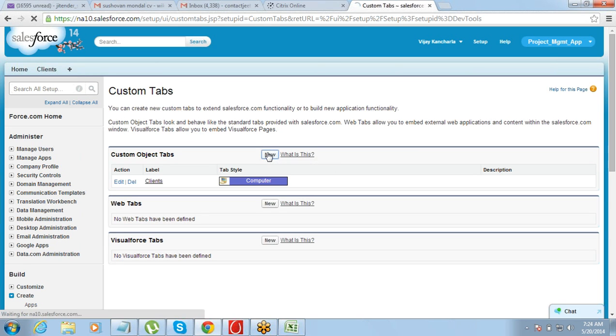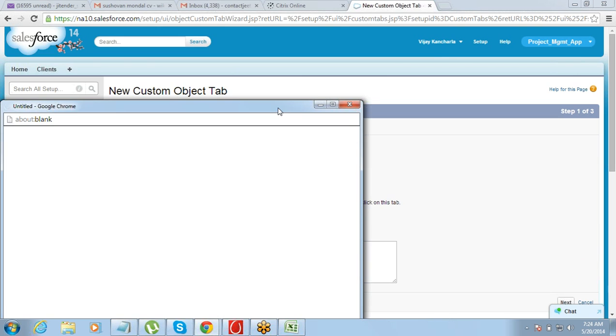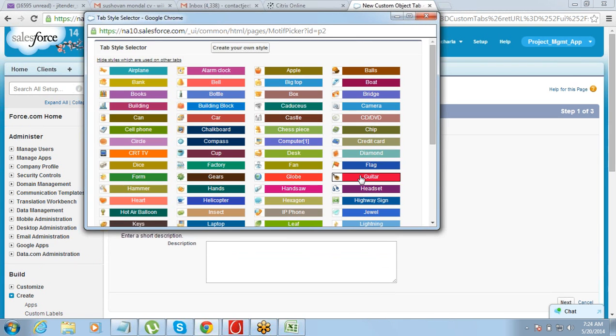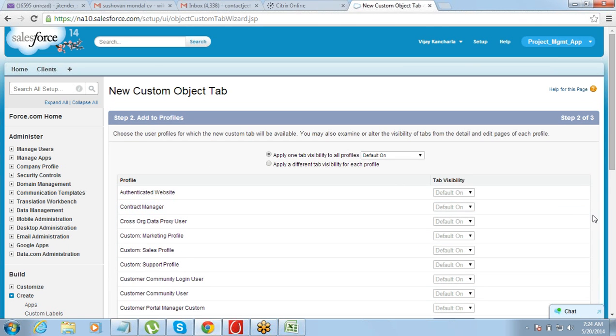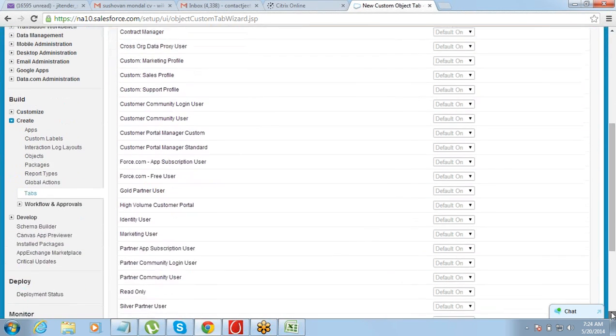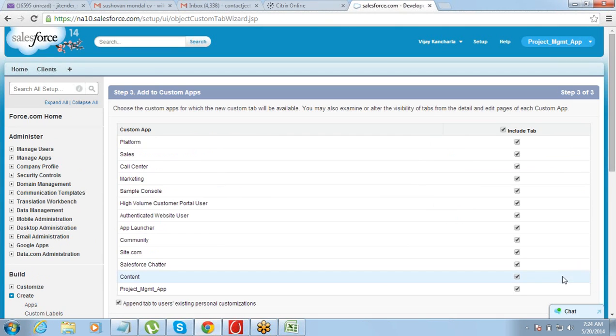I need to create one more tab for the projects object. Let me pick a tab style, pick whatever you want. This step we can skip. I want this also to be available only under the project management app.